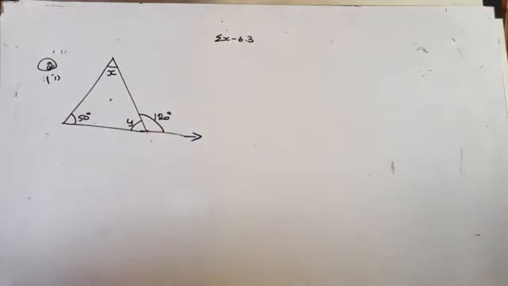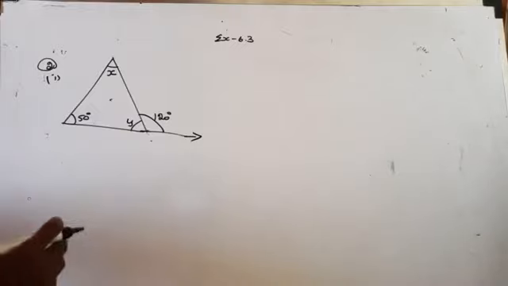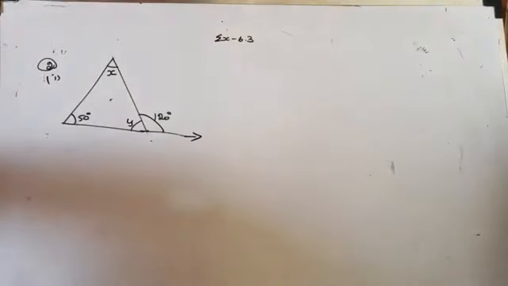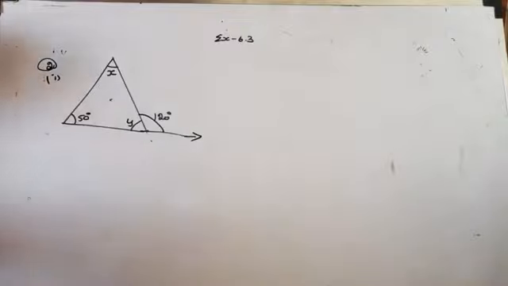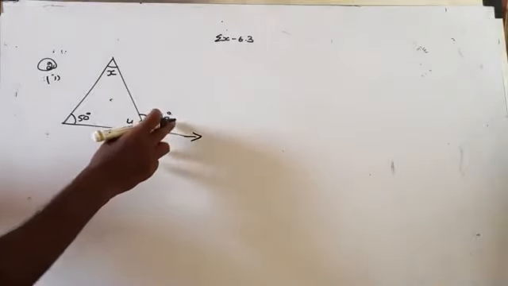Now, by using the exterior angle sum property, you can find the value of x first. What is the exterior angle sum property? In a triangle, if any side is produced, then the exterior angle so formed is equal to the sum of the opposite angles to the interior. Right? Now which one is the exterior angle here? This is the exterior angle.